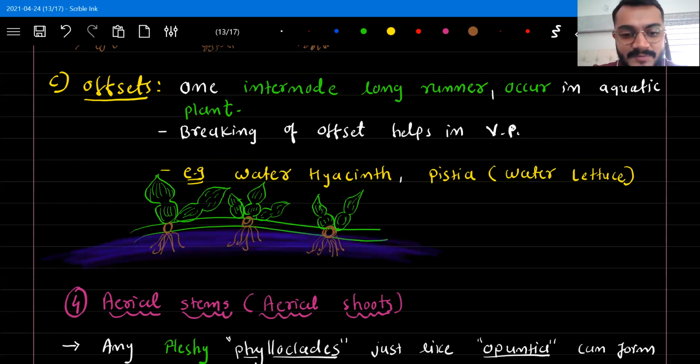The staple food of the people of Calcutta is fish, and this variety was introduced into India at that time for decoration and ornamental purposes, because of the unique shape of its leaf and its coloring. The color, the pattern and the shape of its leaves were so attractive, and that was the reason it was introduced into India.